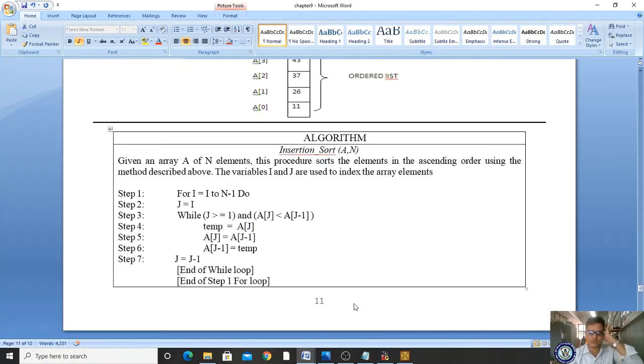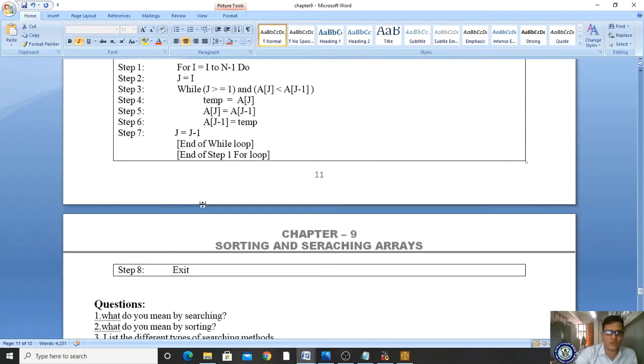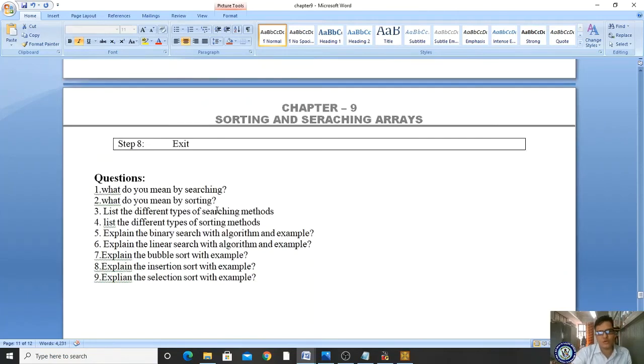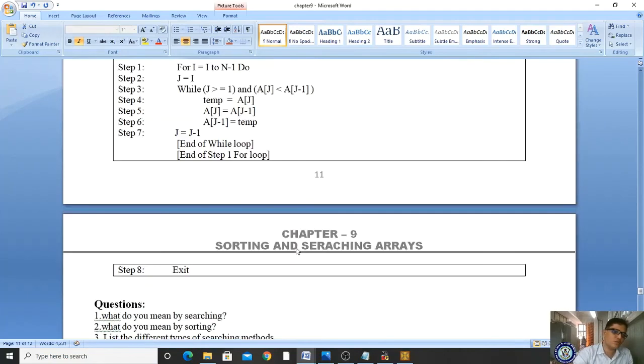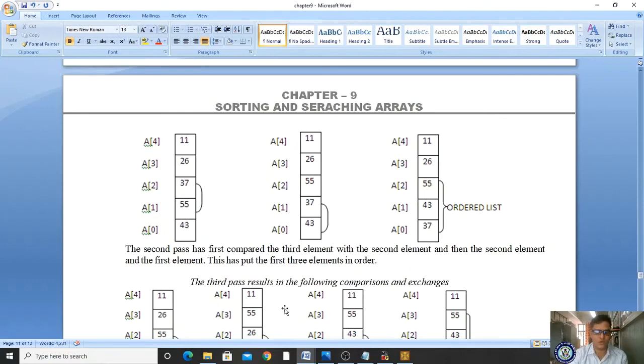For doing this insertion sort, you use this algorithm. This is the algorithm you are going to use for insertion sort. By using this algorithm only you will do it. Don't give much importance here. Only one program will be given, and that program is related to your linear search as well as binary search. The two programs exist in your lab. We will see them in your lab programs. Okay, hope you understand this concept. We will meet in the next class.